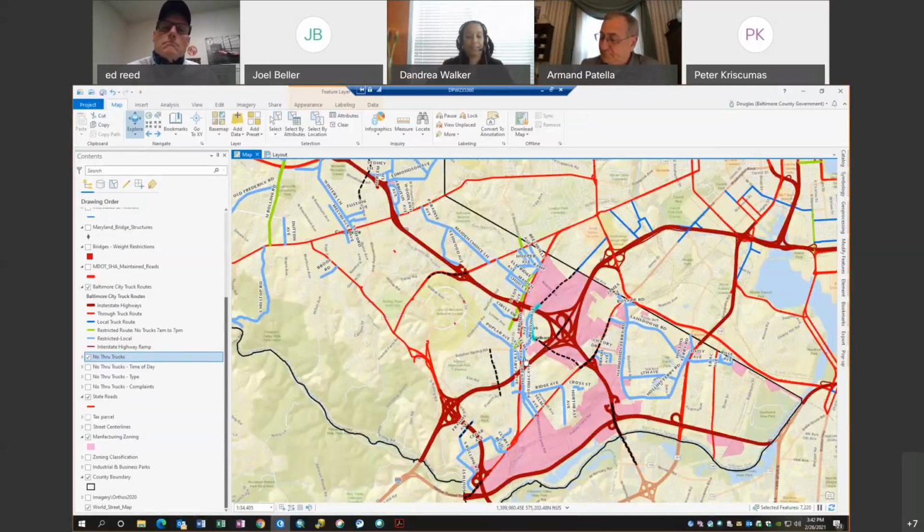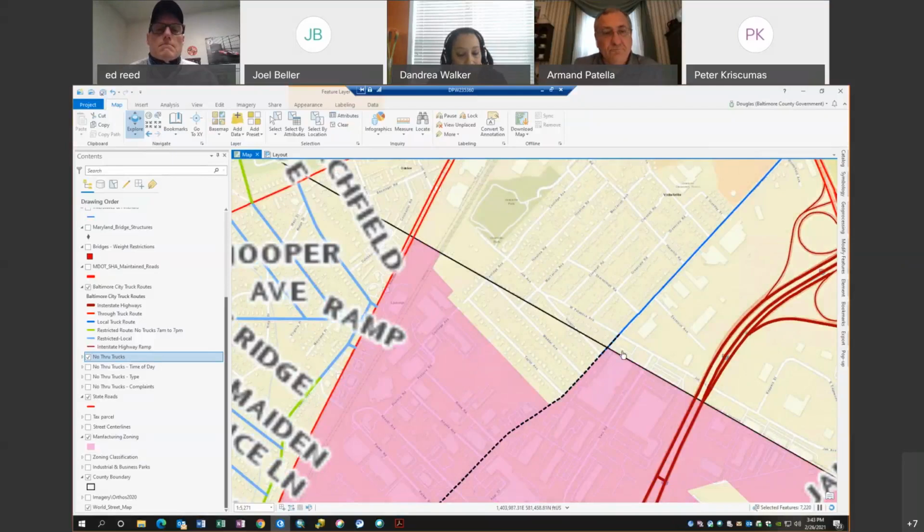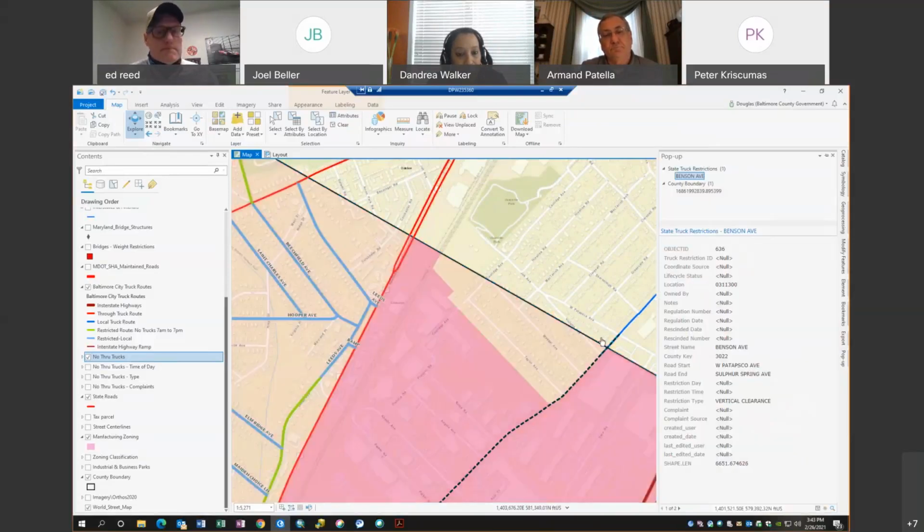So I think they line up the right way, because you have a no through truck restriction from the Baltimore City line into the county. That part of Benson Avenue where Joe intersects, that's the Baltimore City County line. There's a sign there. I see it all the time. And then on the city side, they have signs all the way out to Caton Avenue. So there's signage there on both the city and county side. Gotcha.